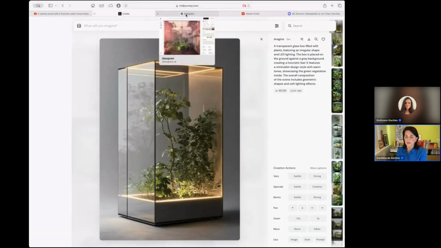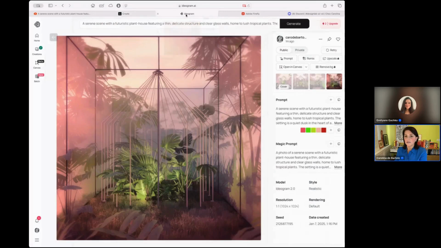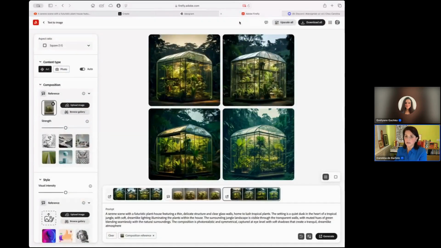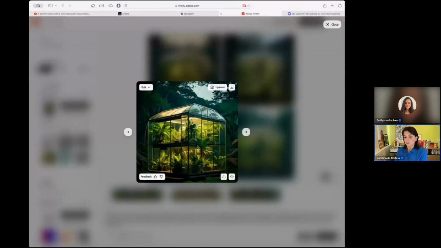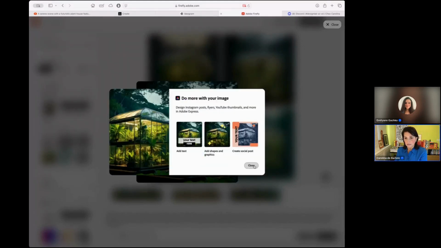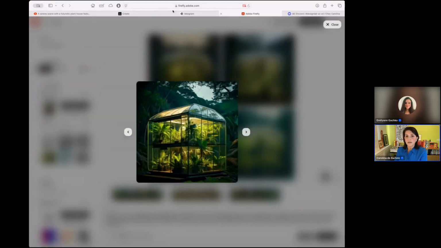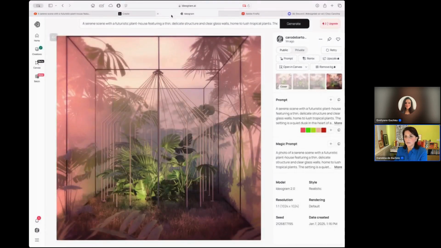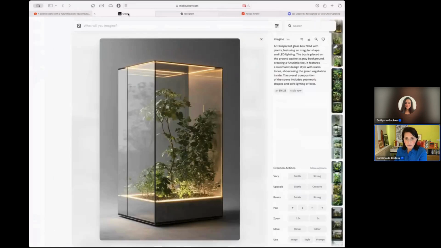Of course, you can use these tools in all different ways, and you can use them for different purposes. You can use them in combination. If, for example, I liked this image that I got out of Firefly, I can download it. And I could bring that over into Ideogram, or not Ideogram, I don't think you can do a reference image there, but I can pull that reference image over here, right? So I can pull it in as a reference image and then start building off of there with or without